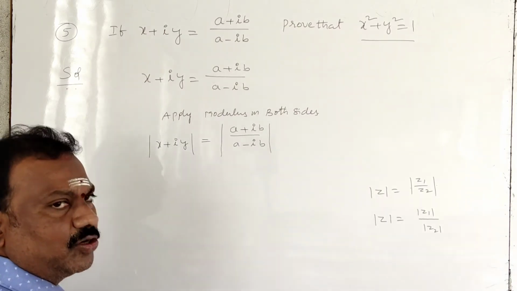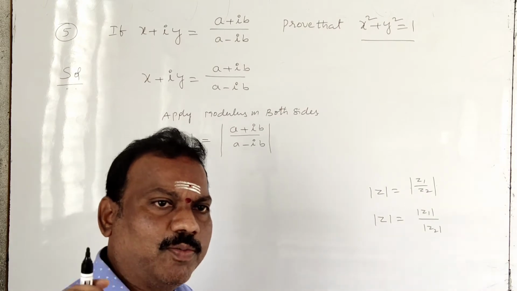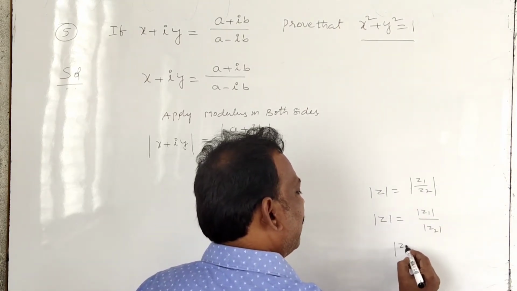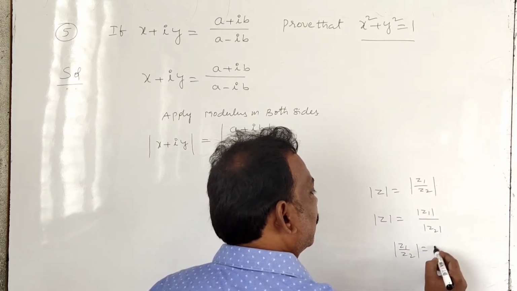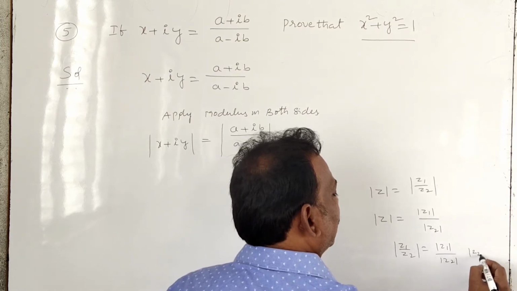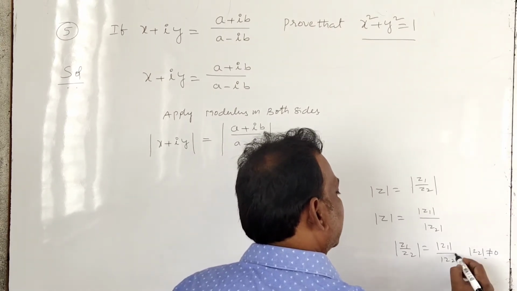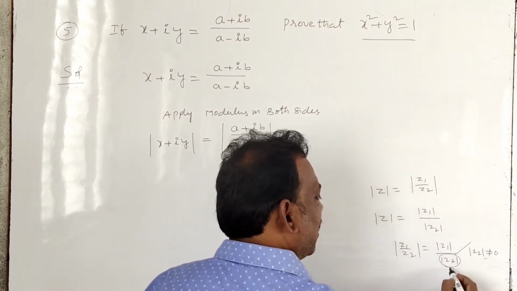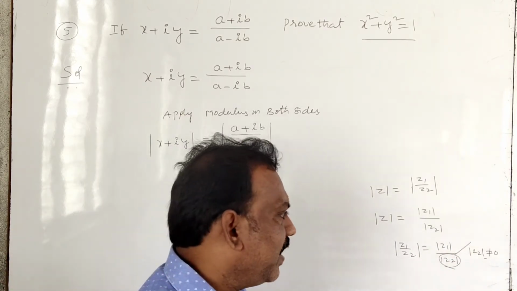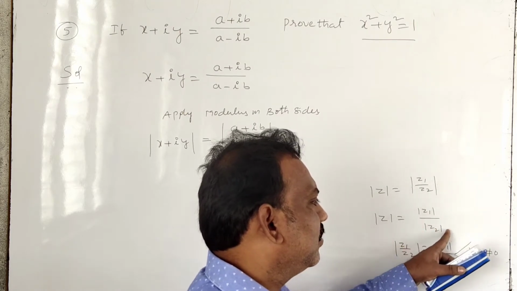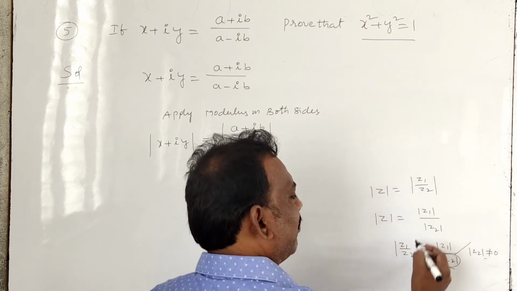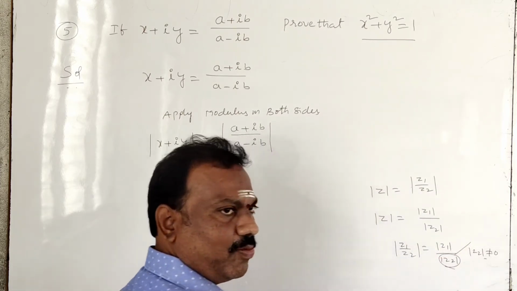Correct, students? You can see in the videos the properties of modulus, I have written this property. So mod of z1 by z2 is equal to mod z1 upon mod z2. Mod z2 must be non-zero, then only it exists. If it is 0, this value is not defined. In that case it does not exist. That's why it will not be 0. In that case we take mod of z1 by z2 formula as mod z1 by mod z2.